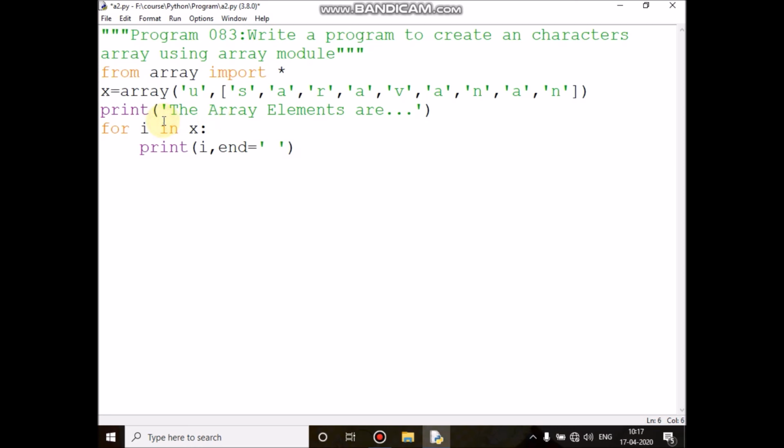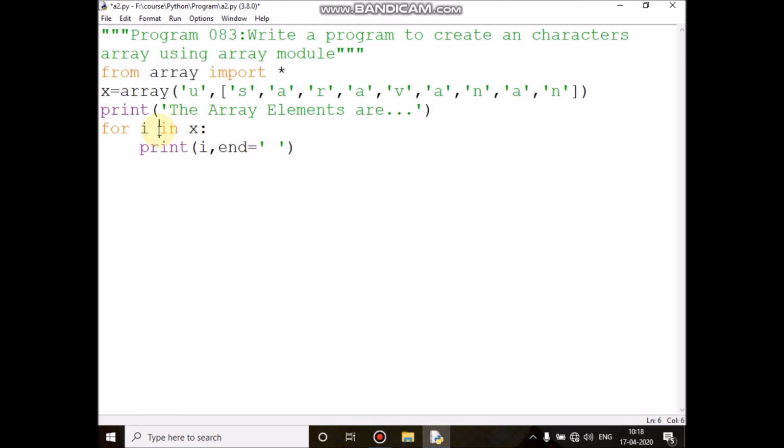Then i is indicating x of fifth element. Now x of fifth element is A, it will print, then it will give one blank space. After this blank space, the cursor will be there, then control comes here and it will move to x of the next element, that is x of sixth element is N, it will print, then it will give one blank space, the cursor will be there only.